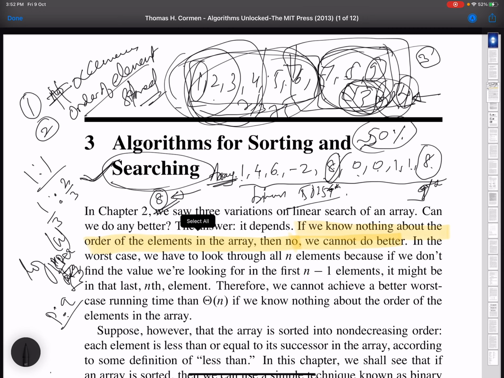Someone claims that they know the order of the elements, and that the element always falls in the right half. Or the number of elements is very large, and in that large set of data the element would always be at the extremum.